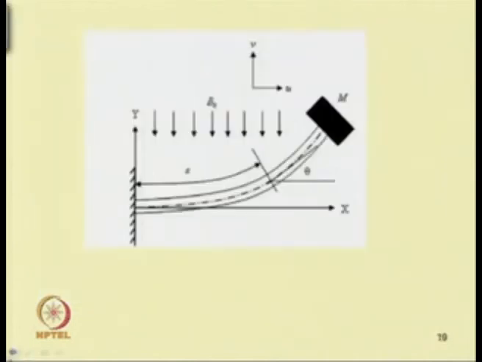In this case the equation of motion will be of this type, in which one can observe that there are two terms, one of which contains this P term. P is due to the axial loading due to the magnetic field, and another term, C, is the couple due to this magnetic field. So, one can have a force and a couple. Including the inertia forces acting at an element, one can derive the equation of motion in a similar way.